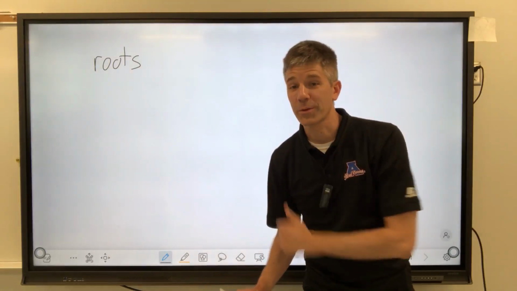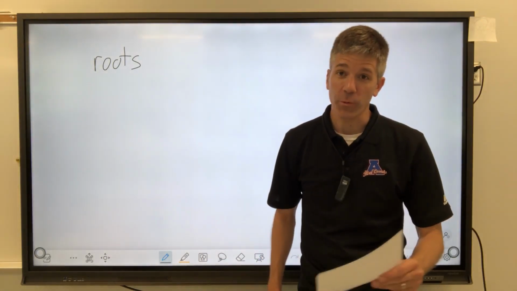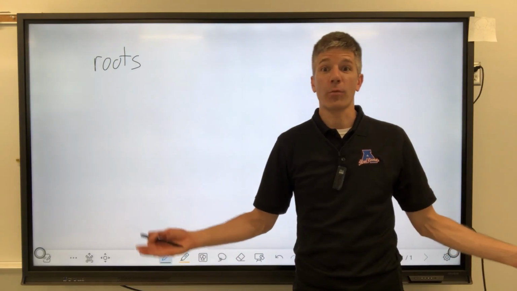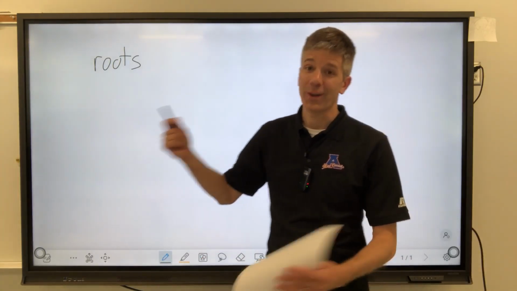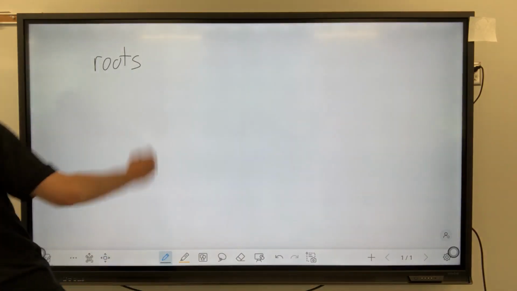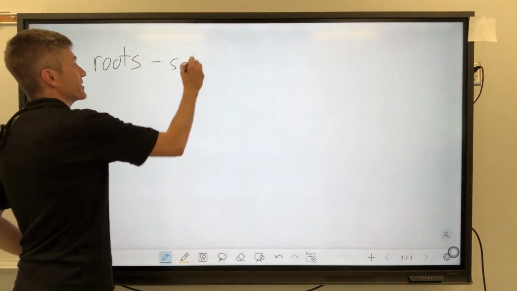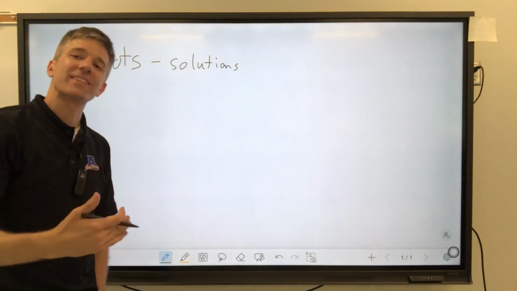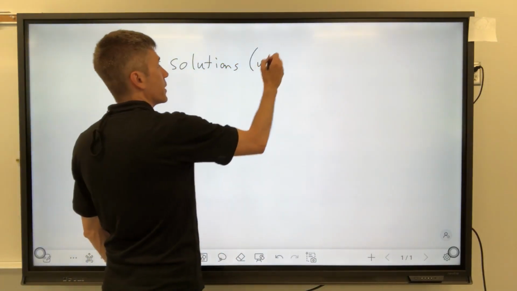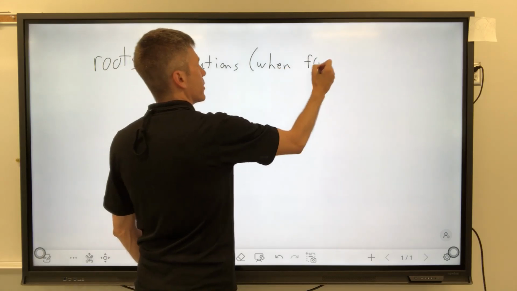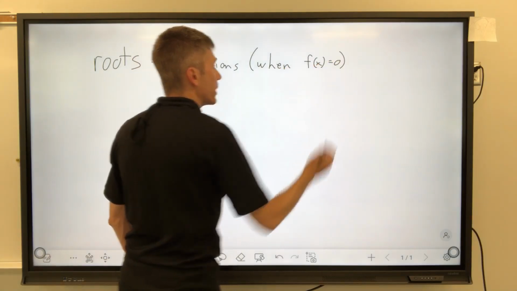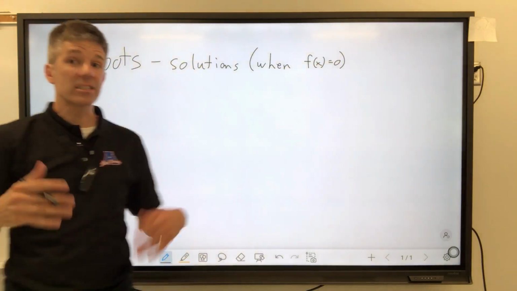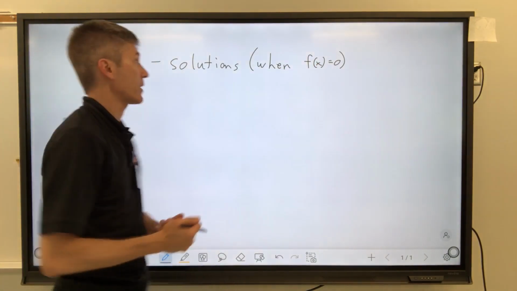We're going to be finding the roots of polynomial functions. And when we do, first of all, we need to know what a root is. So roots are solutions to where the function is equal to 0. So when the function equals 0. Now, we can get a little less specific with it, and we can talk about the fact that they are